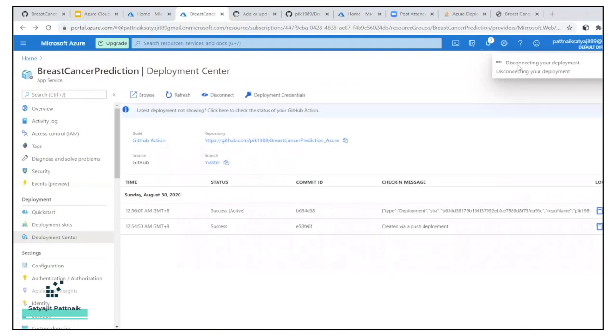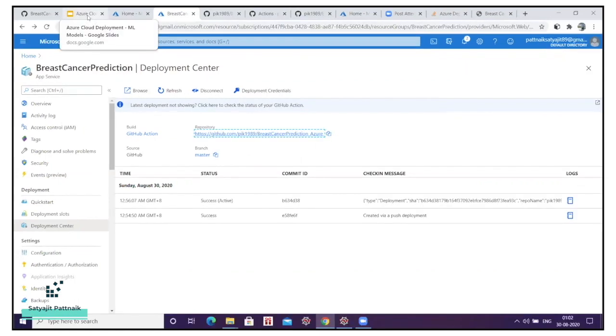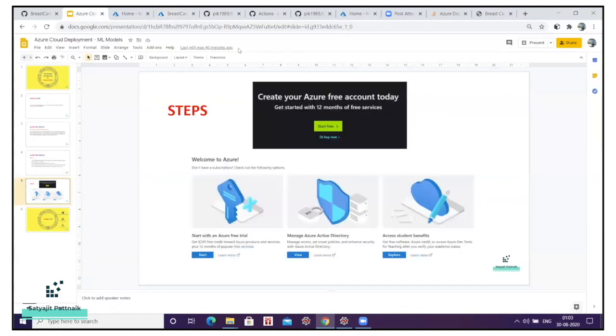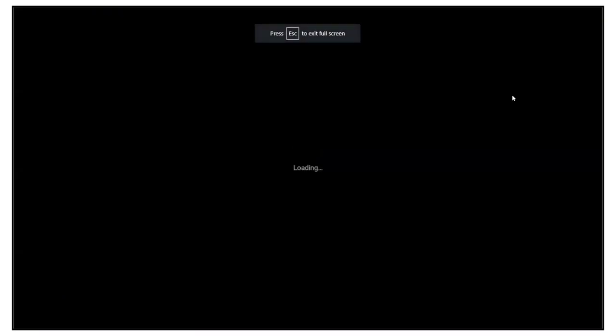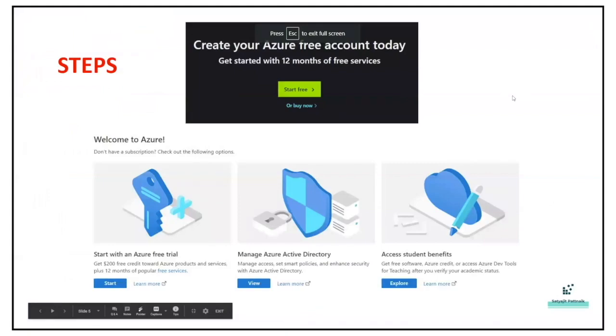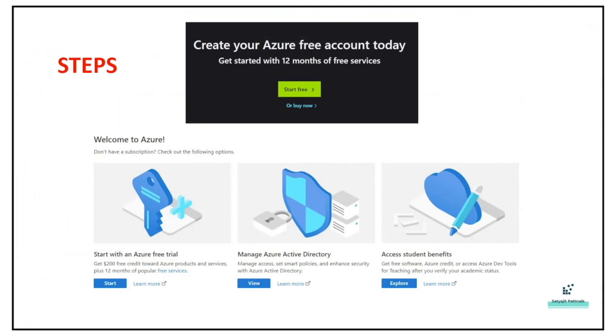So you can see the disconnection of my deployment is happening right now. I think it will be done in 2 minutes. So this is all about the Azure deployment on cloud. You can try yourself how to deploy the same thing using your app service build service. Apart from that, in the future videos we will also come up with the deployments on AWS and on Kubernetes, and